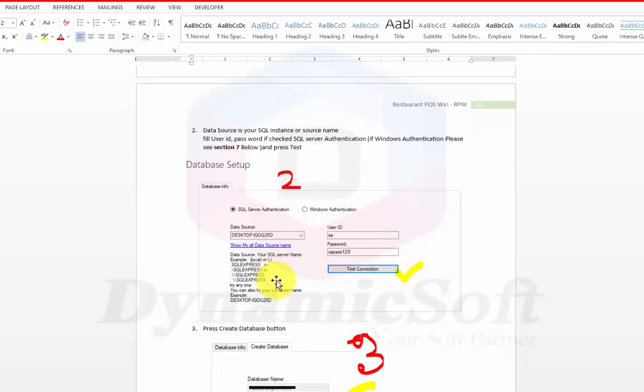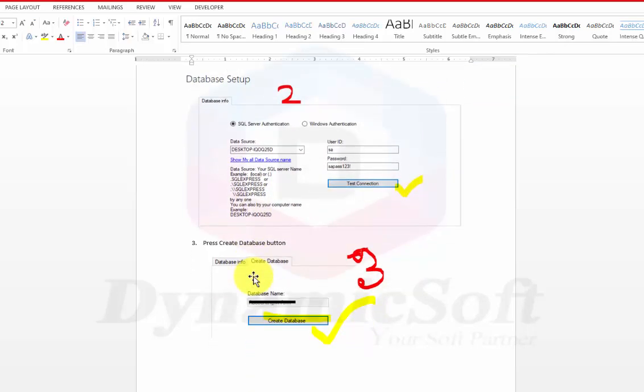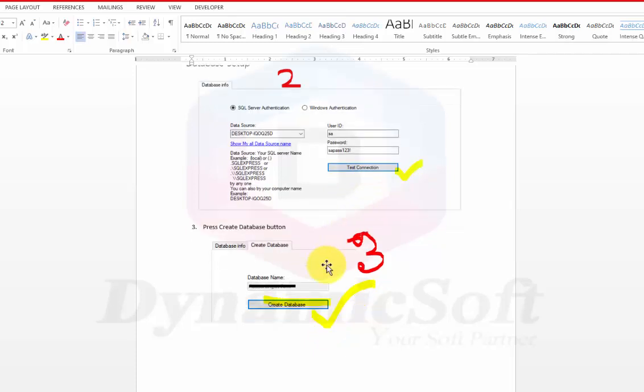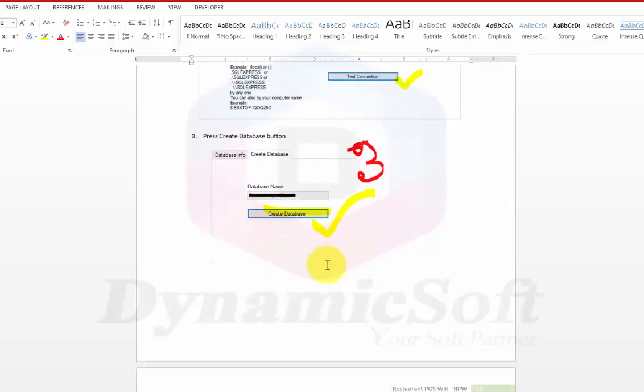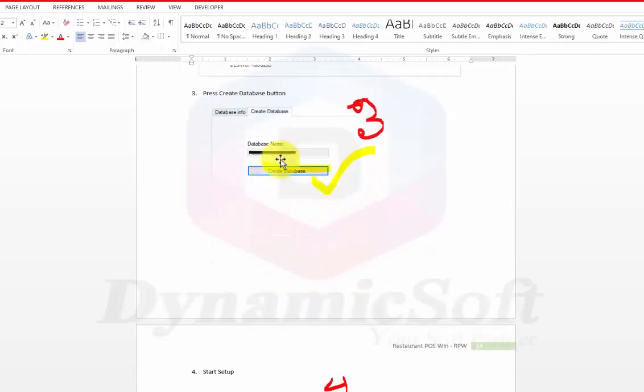In both cases, you are required to add the data source. Those are different kinds of data source because of the different types of SQL Server. And press test connection. If the connection is successful, you are redirected to create the database, and do not change the database name,